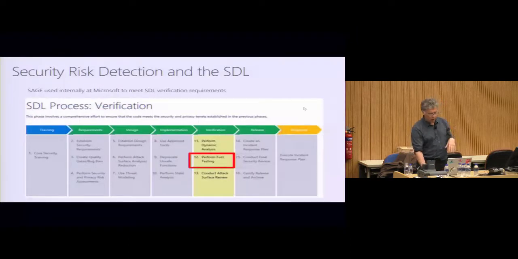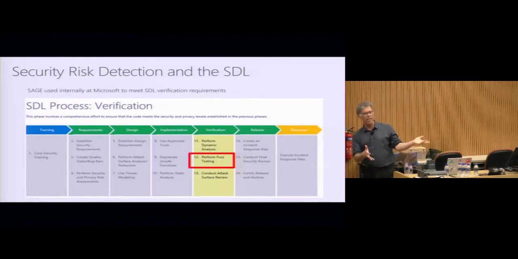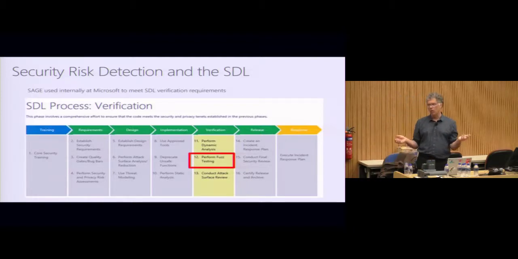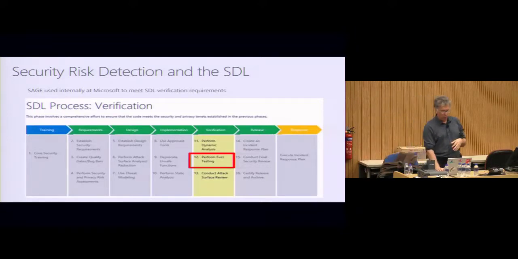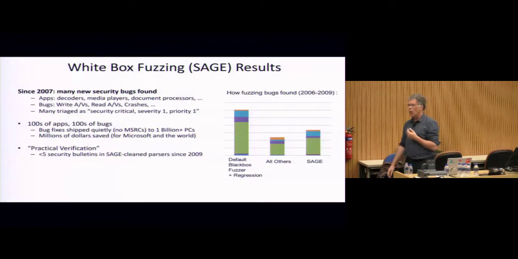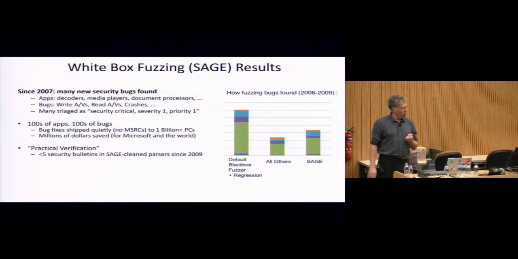And this whole idea of fuzzing, whether it's black box or white box, is part of the SDL. Remember the SDL? The security development lifecycle that's been in place since the early 2000s says that you must perform fuzz testing as part of verification. But in the limit, for a program with no loops, you could exhaustively, if you had enough time, explore all the paths. But even for an acyclic program, you could have an exponential number of paths. And this is what has been going on in Microsoft since the mid-2000s.